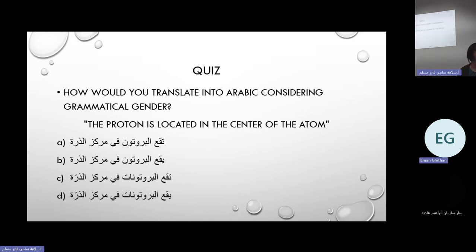You need to know. Proton is a masculine word in English. When you translate proton in Arabic, does it stay masculine or does it change to feminine? هل بيضل مذكر ولا بيقلب للمؤنث؟